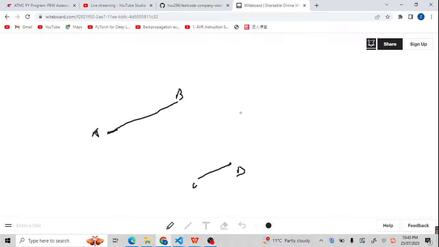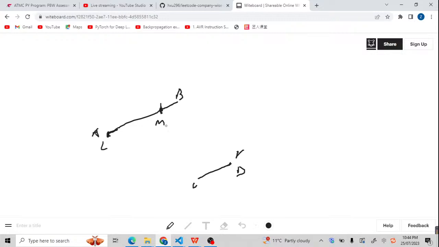If we want to use binary search, we have to find some midpoint. So we are going to do it like this. If AB is longer and CD is shorter, then the middle should be somewhere like here. So this is M, here is L and here is R. In the middle here is M. Then we just need to compare the M point with others. If this M point is bigger than this L point,